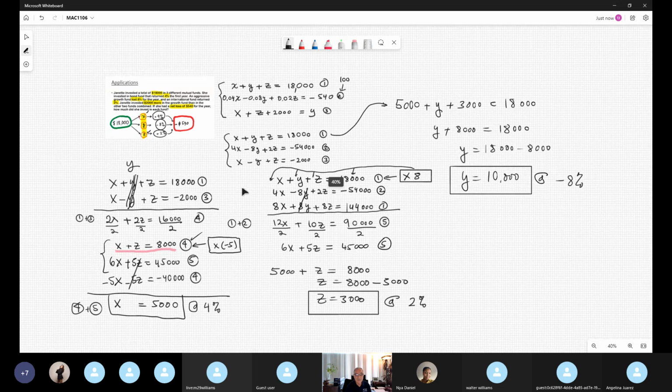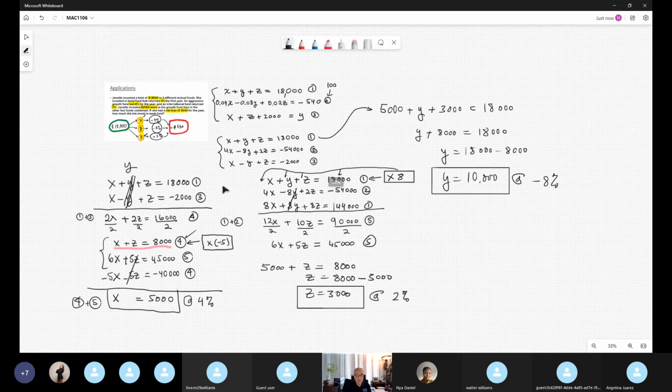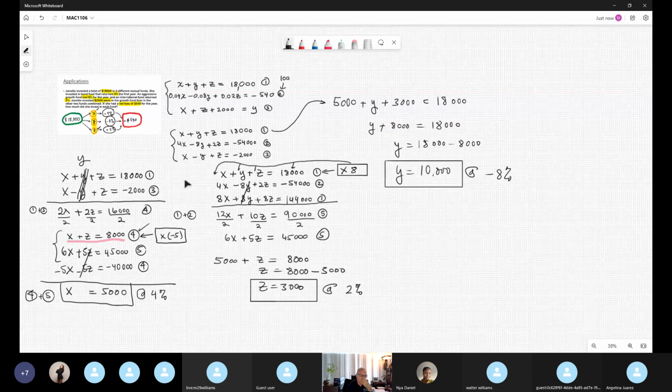How do you verify that? Well, this is not mandatory, but if you want to make sure that your answer is good, I recommend that you plug it in, of course, in the first equation. So I want to verify: 0.04 multiplied by 5,000, which is x, minus 0.08 times y, which is 10,000,